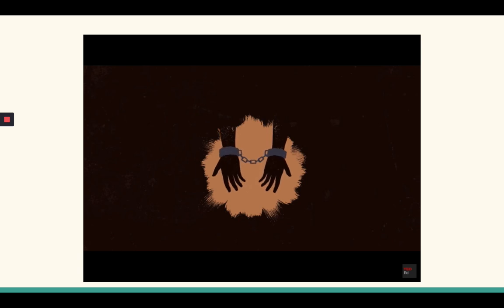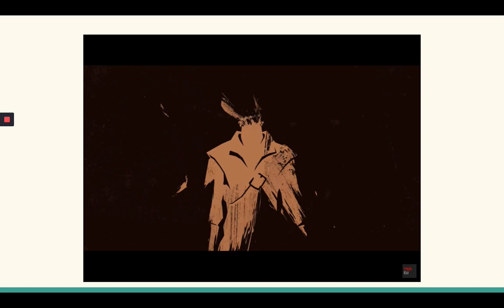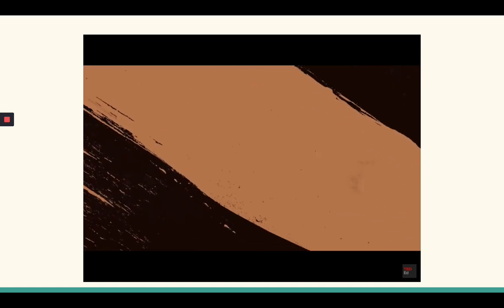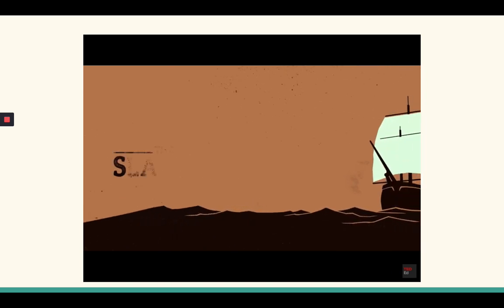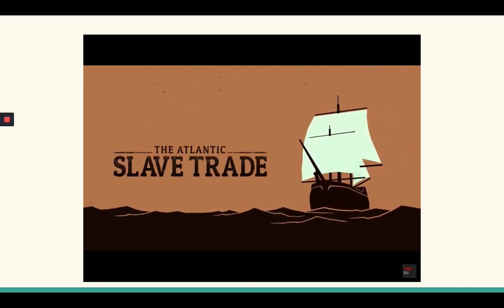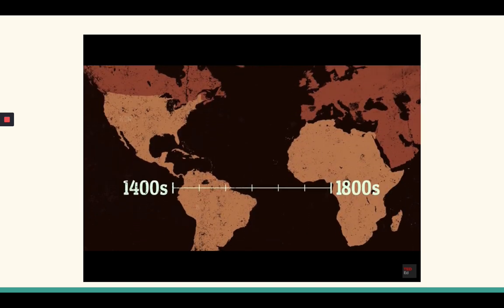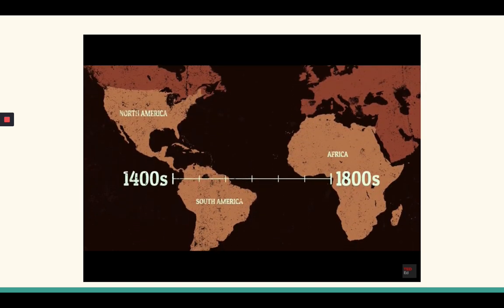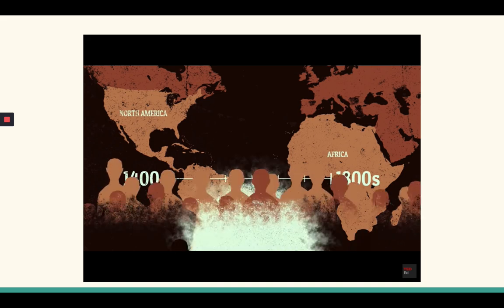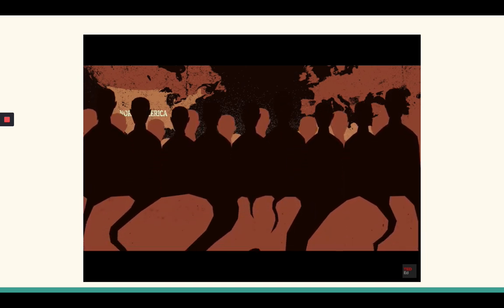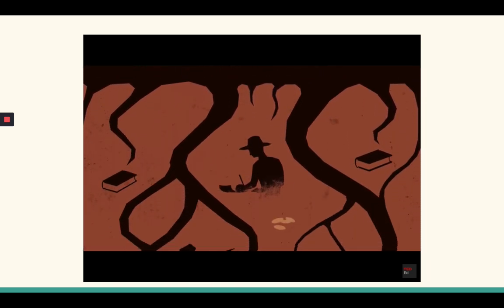Slavery, the treatment of human beings as property, deprived of personal rights, has occurred in many forms throughout the world. But one institution stands out for both its global scale and its lasting legacy. The Atlantic slave trade, occurring from the late 15th to the mid-19th century and spanning 3 continents, forcibly brought more than 10 million Africans to the Americas. The impact it would leave affected not only these slaves and their descendants, but the economies and histories of large